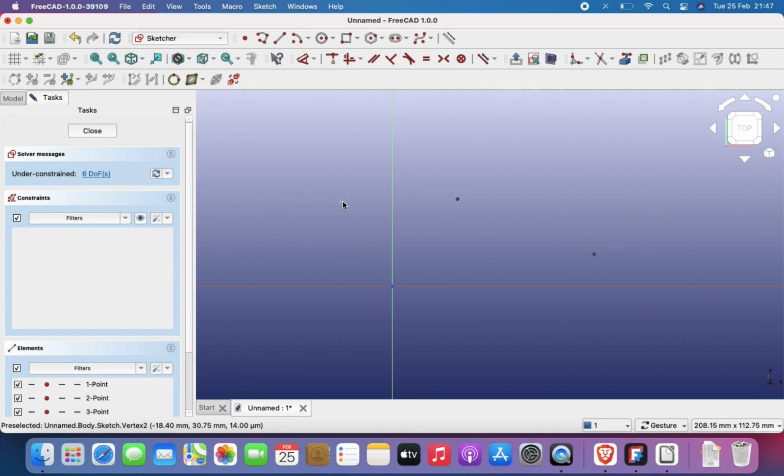So I can move it in the direction of the green line, that is the Y direction, and also in the X direction. That means that I can move it in 2 degrees or 2 directions. 1, 2. So you would notice that I have something written here under constrained 6 DOFs. What that simply means is that this sketch, like the entire sketch, has 6